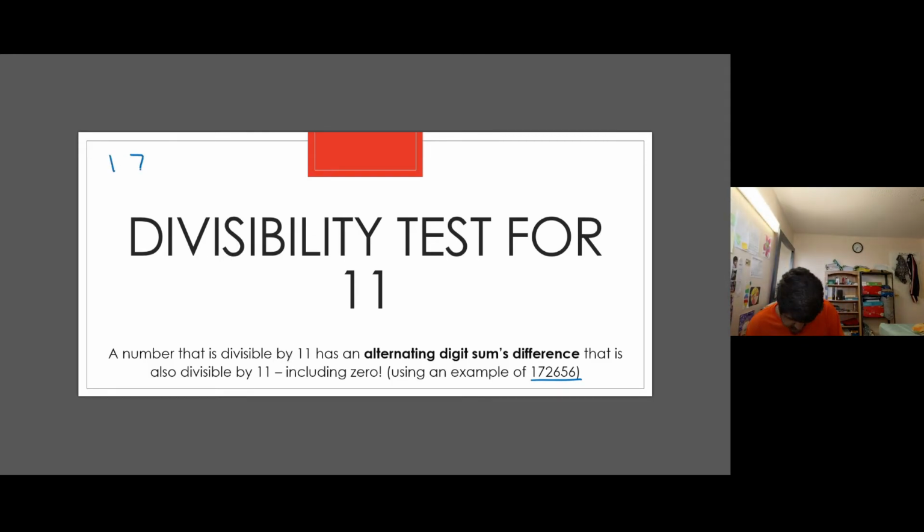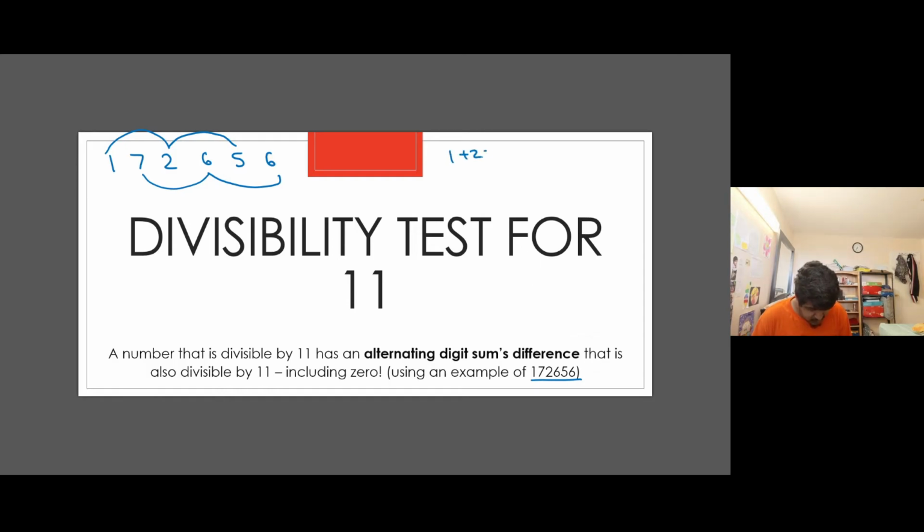So what do I mean by that? Take 172,656. We're kind of going to jump around here. We're going to go 1 plus 6 plus... 1 plus 2 plus 5, and then 7 plus 6 plus 6, right? So 1 plus 2 plus 5 is equal to 8, and then 6 plus 6 plus 7 equals